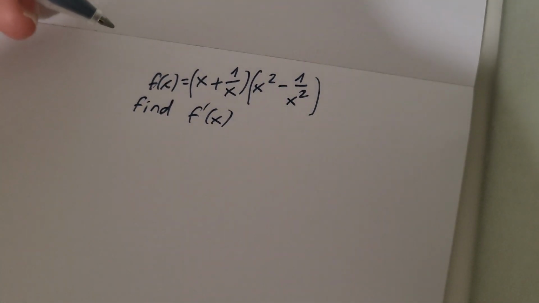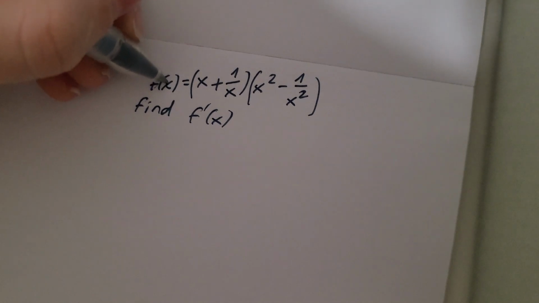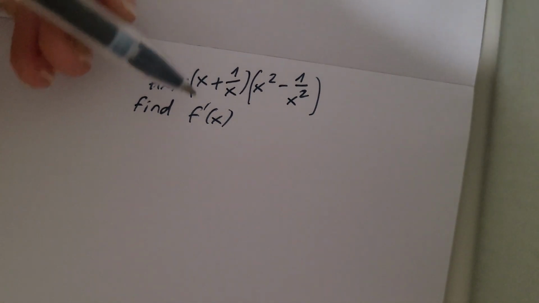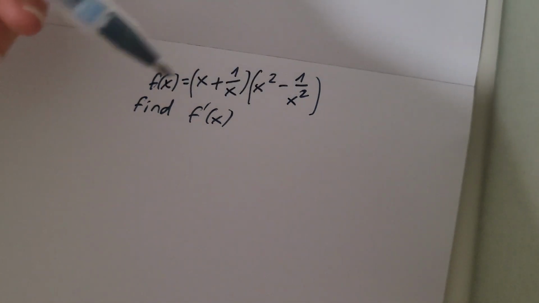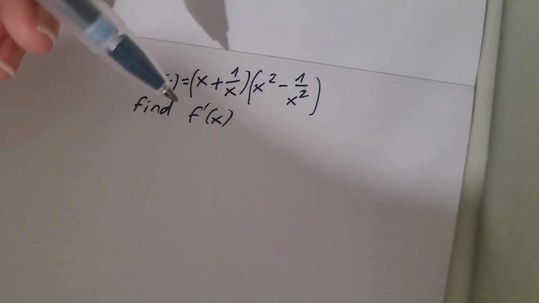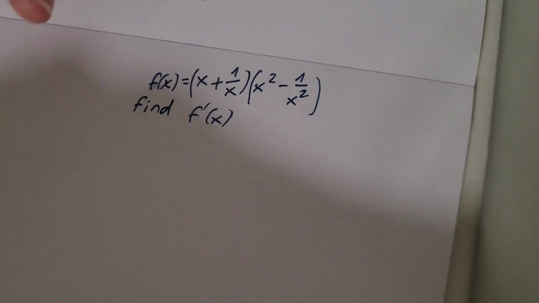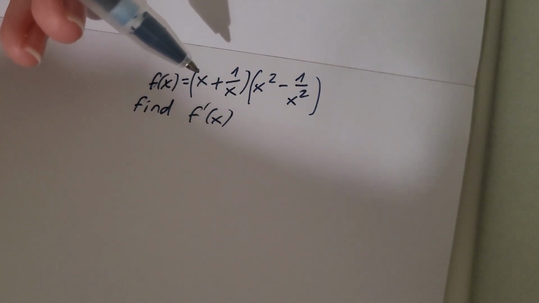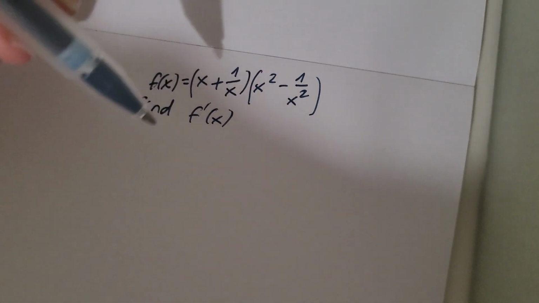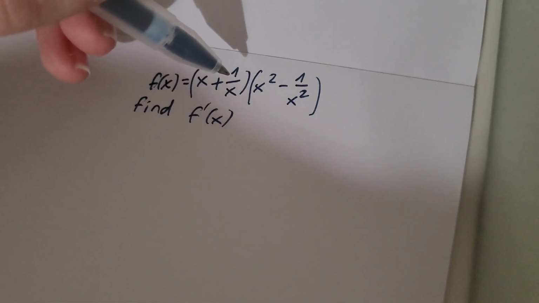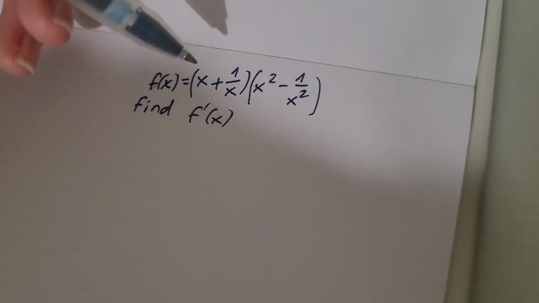All right, so let's solve this problem. Now, when we look at this problem, we might think, oh, there are two parts, so we should use the product rule to find the derivative. And that would take a little bit too long. We could do that probably, but it would become very complicated as you imagine, and we can actually transform this